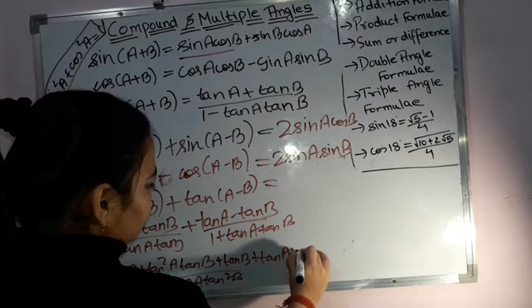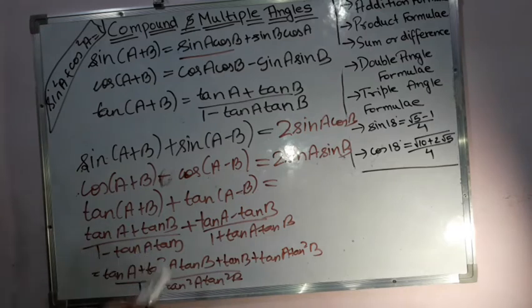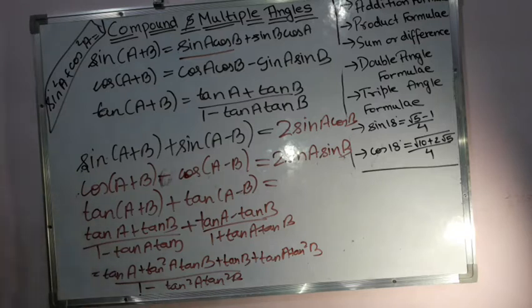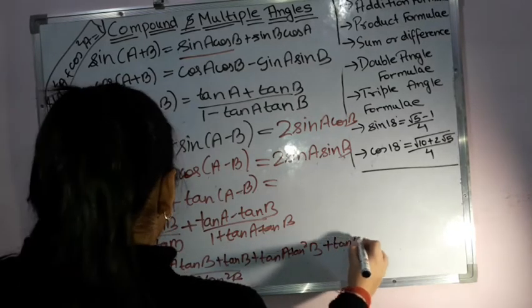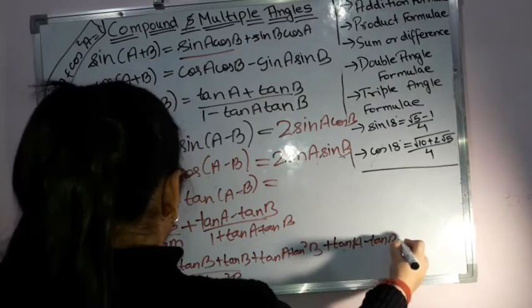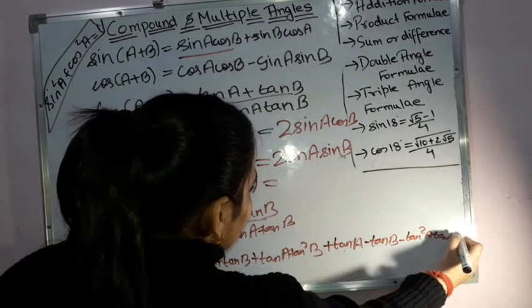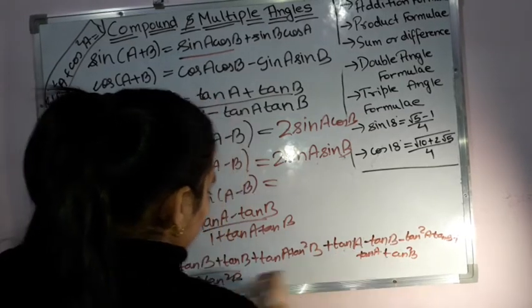You might be finding it quite lengthy, but if you have to solve it, we are not learning it by heart; in order to get rid of that learning part, we are trying to derive it, so that then and there you can do it, within 1 minute also you can just get it, right? This is there, and then plus I can do, this is tan A again, then I have minus tan B I'll be having, right? Then I'll be having minus of tan square A tan B, and minus minus I'll be having of plus, that is tan B, tan A and tan square B.